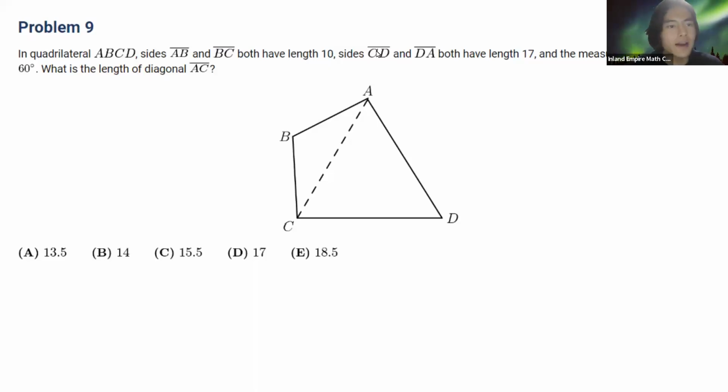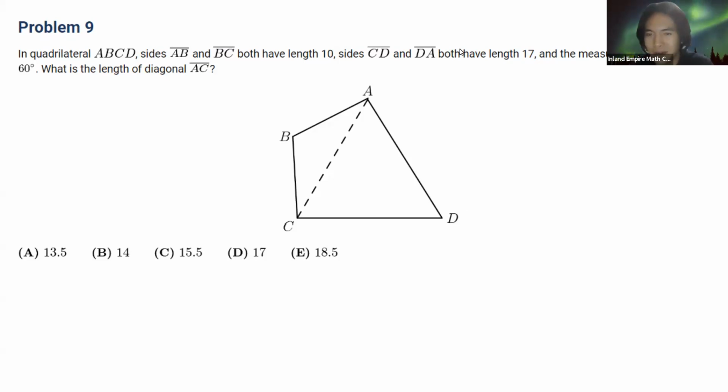So problem 9. In quadrilateral ABCD, sides AB and BC both have length 10, sides CD and DA both have length 17, and the measure of angle ADC is 60 degrees. What is the length of diagonal AC? Choice A, 13.5, choice B, 14, choice C, 15.5, choice D, 17,